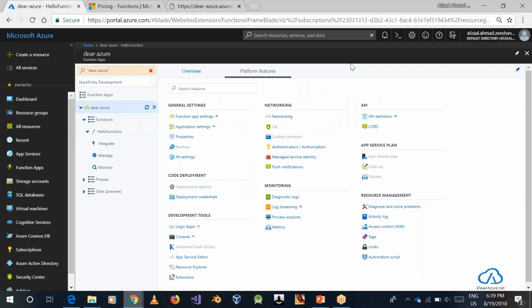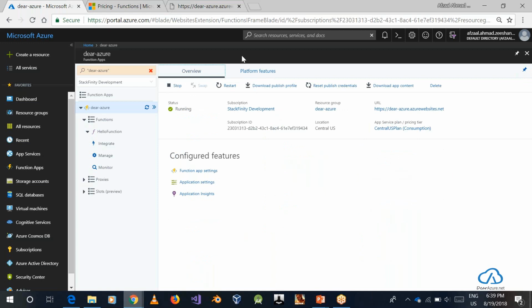The reason is that since we're using the consumption plan, the Azure platform is responsible for scaling our application. Azure will automatically deduce that we are taking a heavy load of users, and it will automatically add more machines to the framework, and add more instances, and replicate everything on those instances, and then load balance it all by itself.